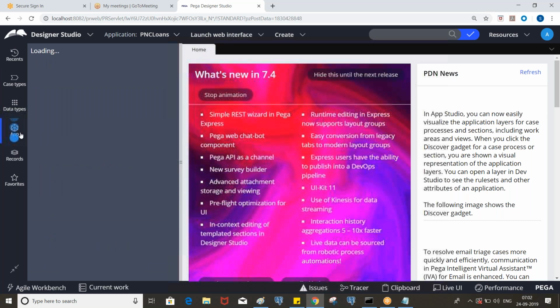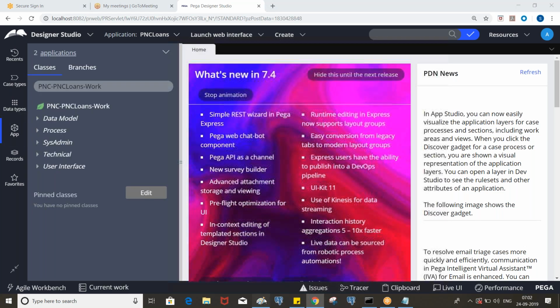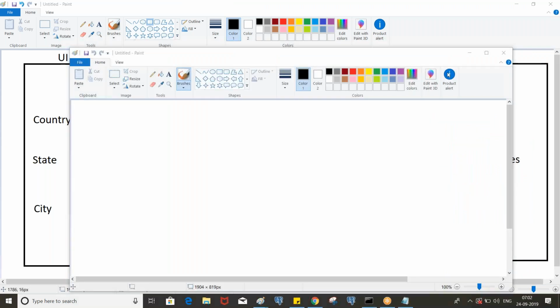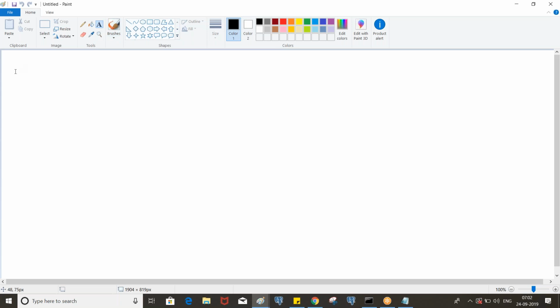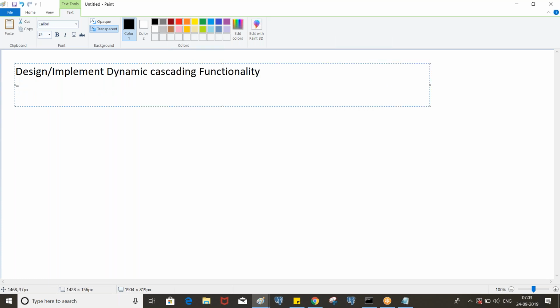Design or implement the dynamic cascading functionality. As part of this scenario, we are going to create three different data classes: one is country, another is state, and another is city.